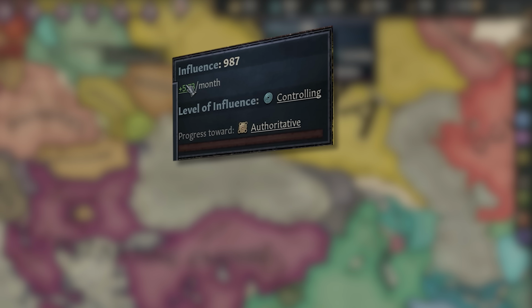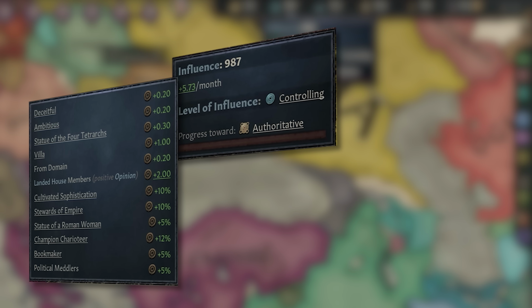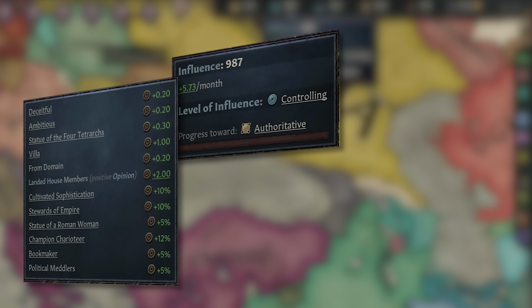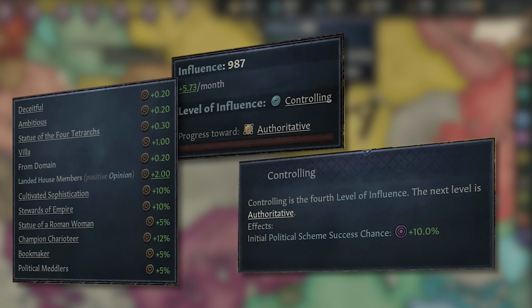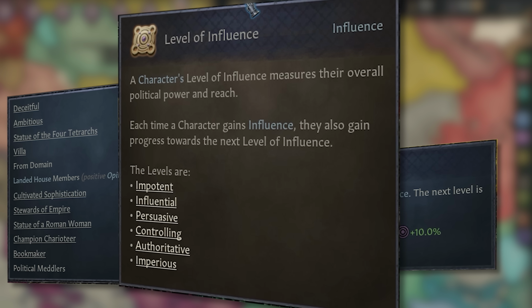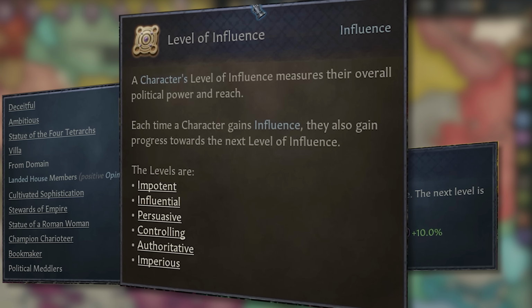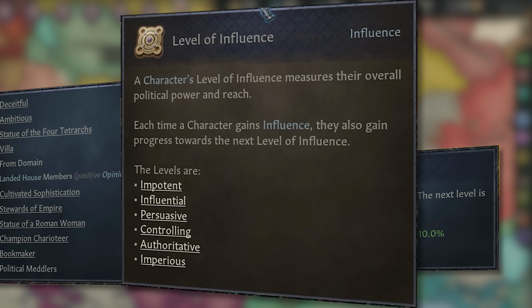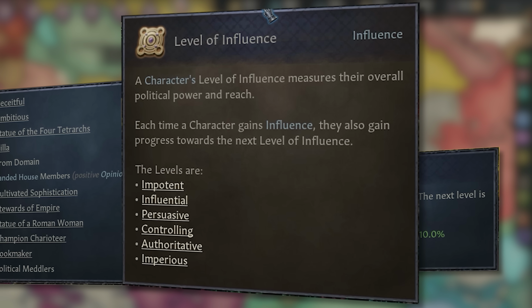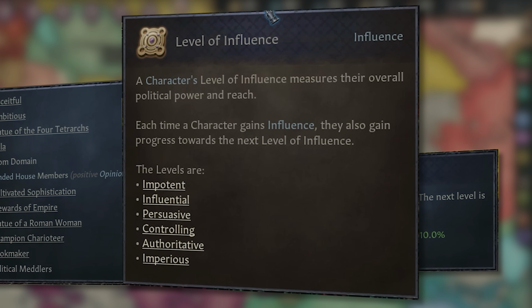Influence is a brand new resource, only available for rulers inside an administrative realm, or specifically admin characters, right? So even if you're landless, you're a governor or you are the emperor, you always have access to influence. And influence is really a measurement of your political capital. Influence represents a character's or a family's weight when it comes to these political matters.